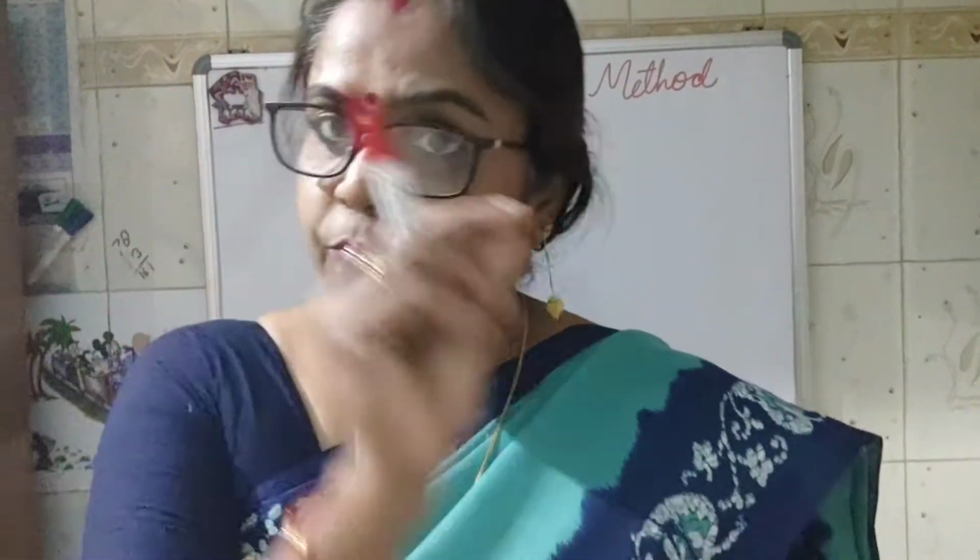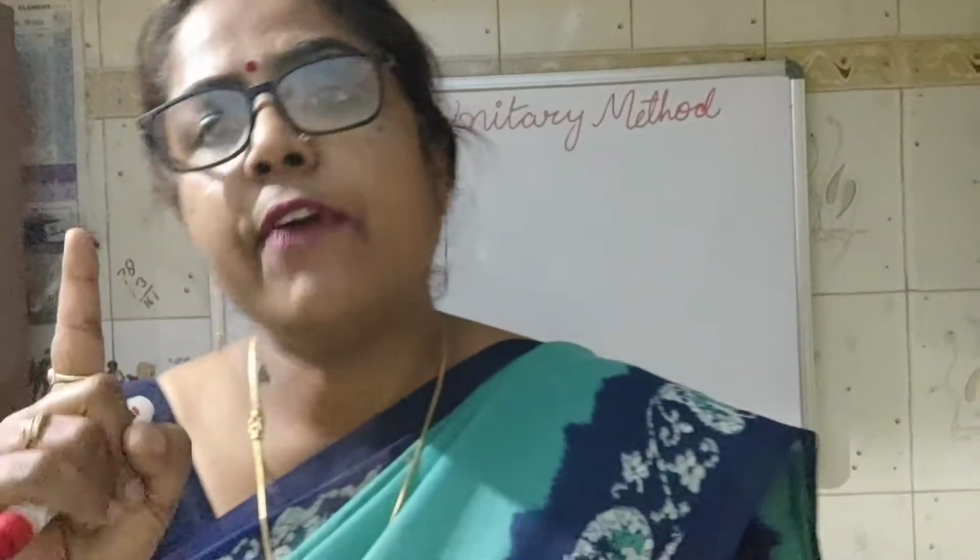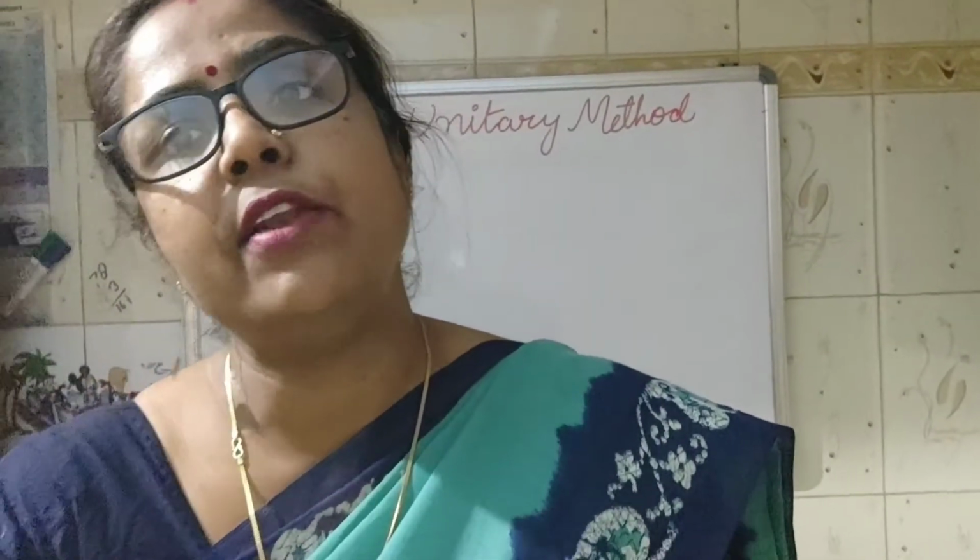By dividing. Okay, and then finding the required value of the other one. One you have got, so you have to get the many, so you have to multiply. So in short, we can say that in this method we first find out the value of 1 unit, and then we multiply the value of 1 unit with the given number, and then we will get the value of many items. So first divide and then multiply. Both operations are there in the one question only.